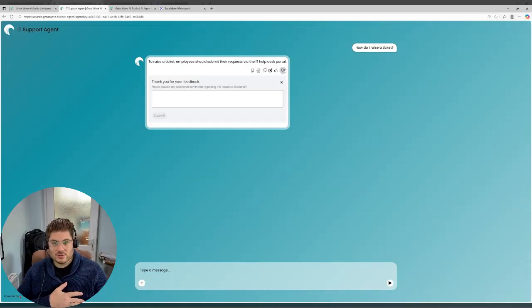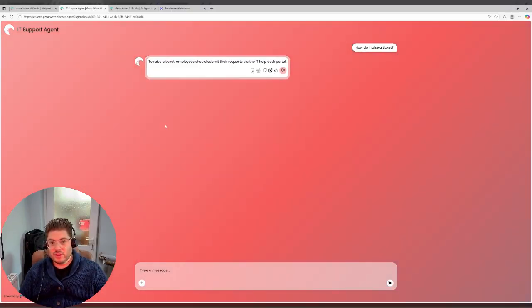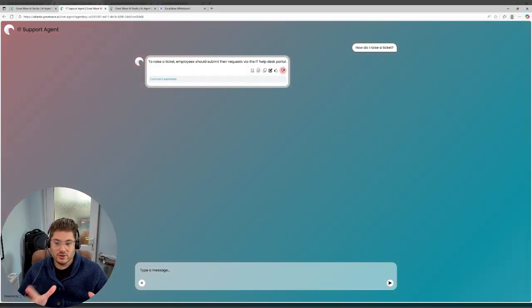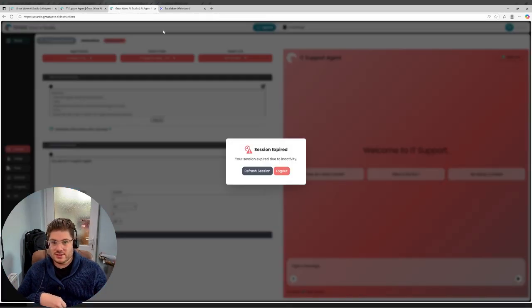I don't like the response, so I put, this is rubbish. This is an example of the human feedback. I could put it good. I could do a number of things as well, just to show you. So this is a depiction of our user interface, but this can also be put into Teams or Slack or whatever you use. Now I can go into the AI agent.